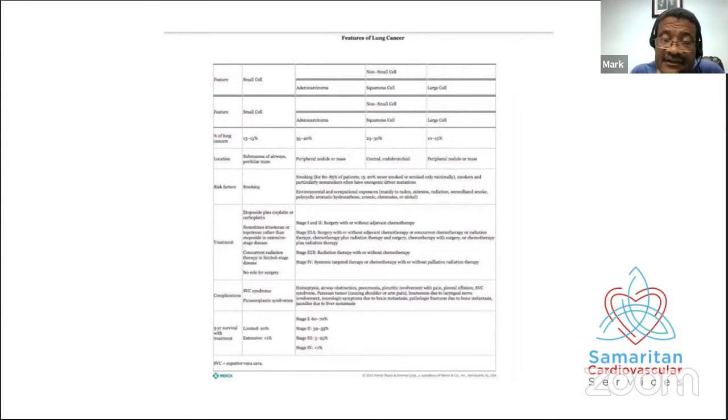Then there is stage two, which is more advanced, usually with local nodes confined to that side where it is still resectable, but with chemo, the 5-year survival is about 50%. Stage 3 and 4, it's tough. There's one thing about stage 3 lung cancer where we commonly give chemo radiation, called neoadjuvant therapy, to reduce the size and make it resectable. But even then,